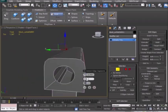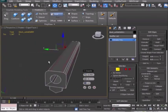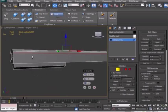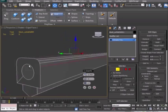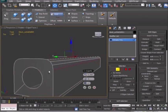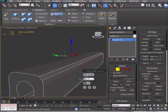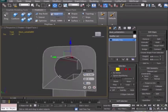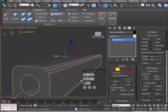Okay, I'm going to go 4 segments. I know this is a high-res model, but it's not a movie model, so it still needs to be within some kind of budget. I'm not going to make too many segments here. I'm going to keep it at 4. I could possibly go 5 if I wanted to, just so it's very clean, but 4, it's not going to